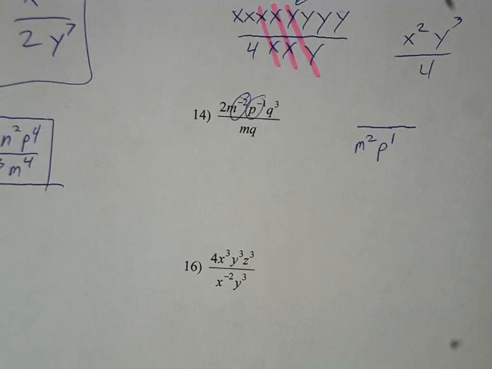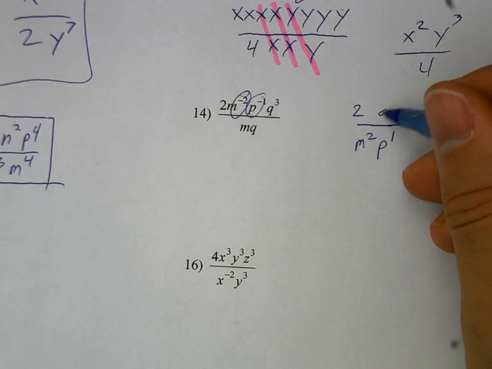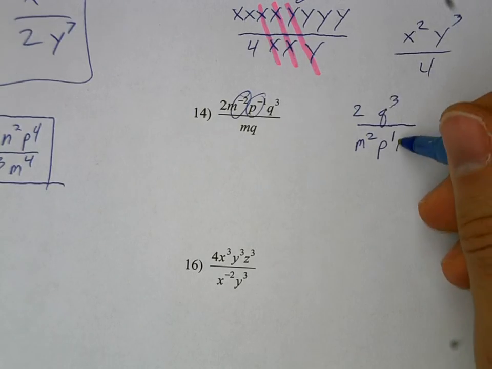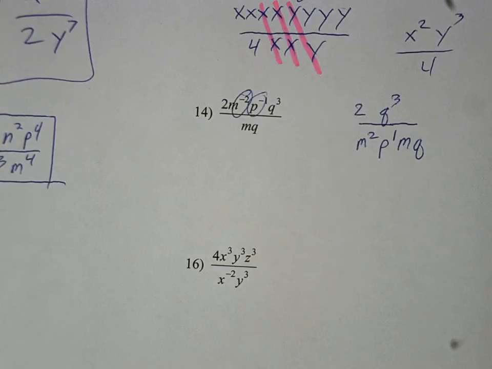Isaiah, any other negatives? Negative exponents besides the m and the p? All right, so I'm going to put the rest of it in here. 2q to the third, and then we had the m and q that was already down there. Does that make sense to everybody? So now I can... The q? It's supposed to be a q. So at this point,